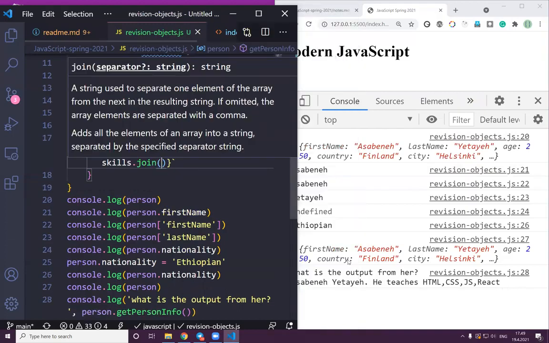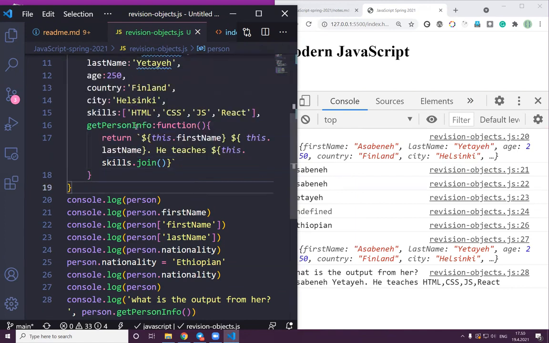Everything it is HTML, CSS, JavaScript, React, or he knows, or his skills are